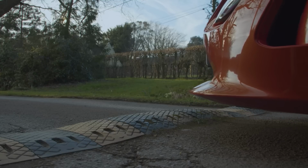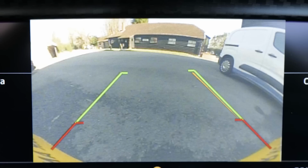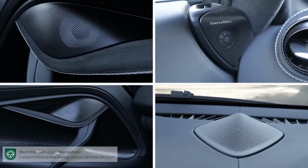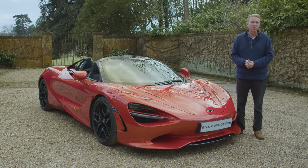You're certainly going to need the vehicle lift system for speed humps. For commuting, we'd want the sound comfort windscreen and the 360-degree park assist system. And the fairly mediocre quality of the standard audio setup means that the 12-speaker, 1200-watt Bowers & Wilkins sound system upgrade, with its powerful amplifier and continuum cone speakers, is virtually a must. That little lot will add over £10,000 to the asking price right off the bat,